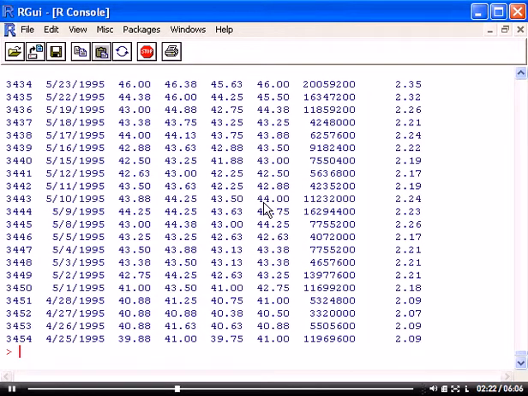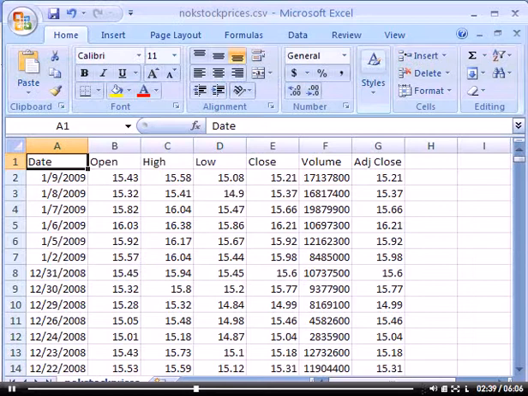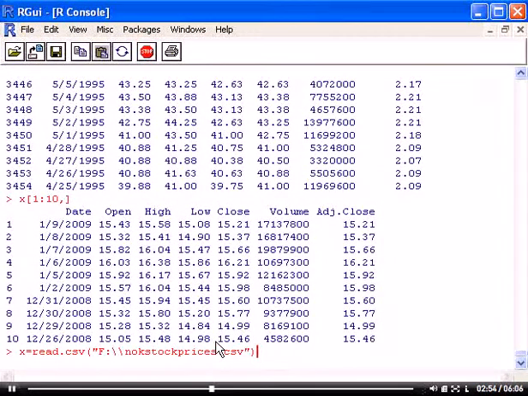And then if I do x, it's got all the data. Let me do x 1 to 10, comma. So now you can see the top is date, open, high, low, close, volume, and it just read in the data, just as we wanted. You can see the data read right in. Here's the data from the Excel file, or the CSV file really, and here's what it looks like in R after I did the command read.csv. Here was the command. I did an up arrow to get me back to there. So remember, you need to double slash instead of a single slash in R